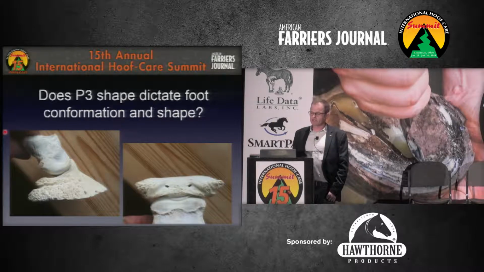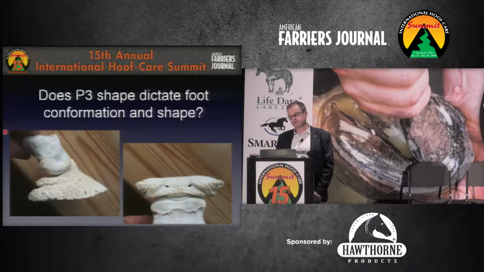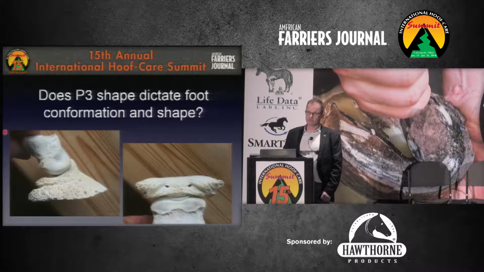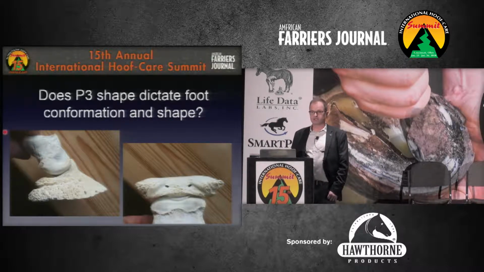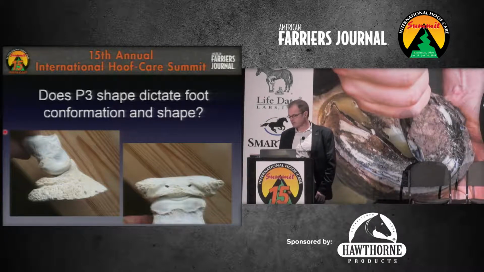Does P3 shape dictate foot conformation and shape? I think yes. I think I've supported that with my study. This was a pedal bone that Peter Day showed me at RVC. We were talking about my study, and I asked, "What do you think? Do you think it's worth pursuing?" And Peter got this bone out, and he said,